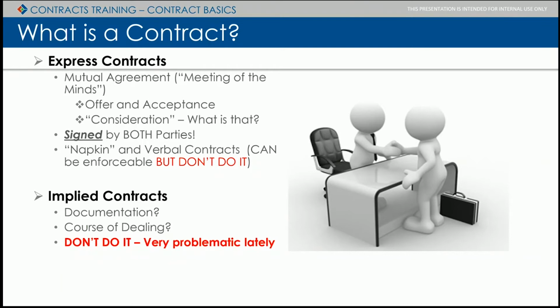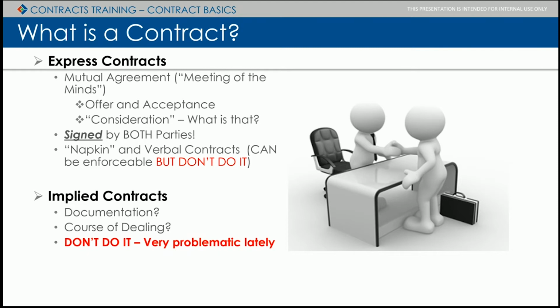Signed by both parties. It seems self-evident, but we do continue to have problems with contracts that are not signed, or we recognize they're not signed only after the work's done or we run into an issue. I'll touch on that a little bit more, but we need those signed. It's interesting: if things are on a napkin, that can be an enforceable contract, and verbal contracts can be enforceable. So we'll get into that a little bit. So those are express contracts